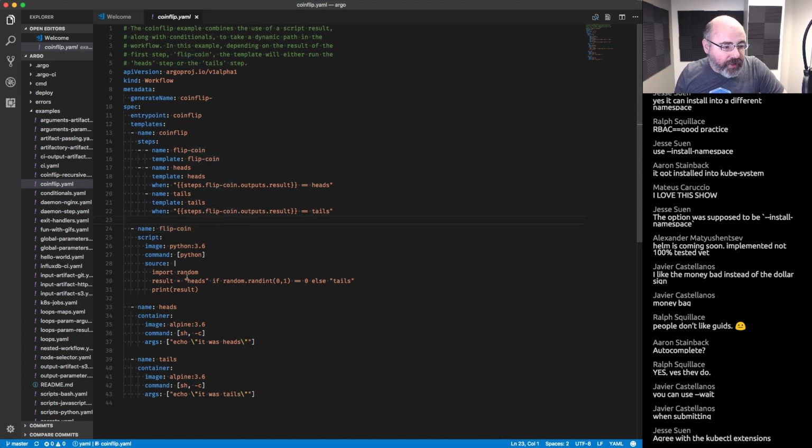Okay, so coin flip goes through, it uses a Python 3.6 image, and then we can actually have the program running here. So this starts feeling a little bit serverless because we actually have the program defined as part of the template. Import random, if results heads, result equals heads, and then just prints the result. So the result is coming out as an output. And then what we see here is that we have enough programmability inside of here so that we actually have a little mini language for doing